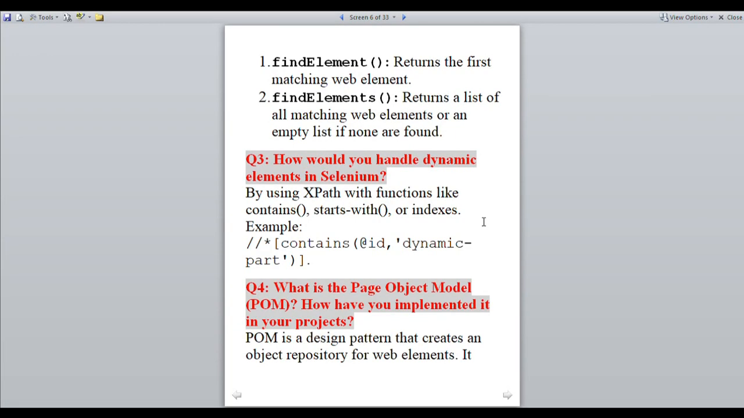Third question from the Selenium side: how would you handle a dynamic element in Selenium? Dynamic elements we can handle using XPath. I already explained that XPath has two types, absolute and relative. So here we have to answer using the relative XPath, and in the relative XPath we have to use the